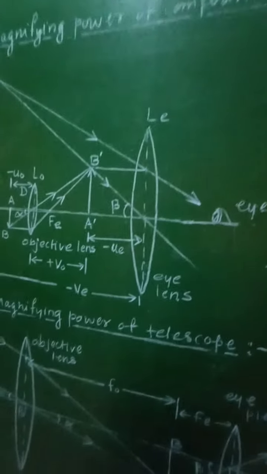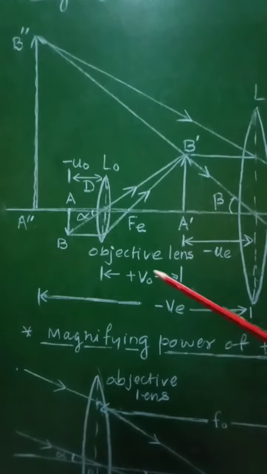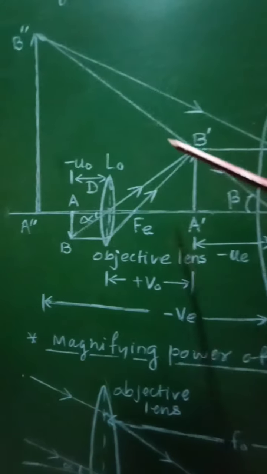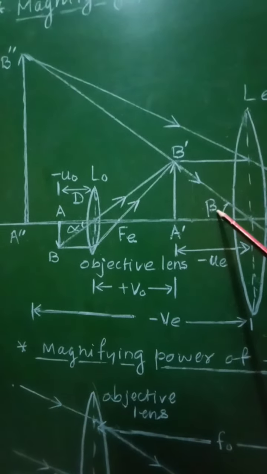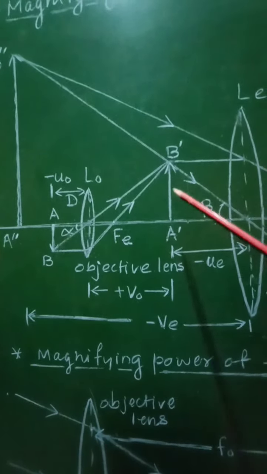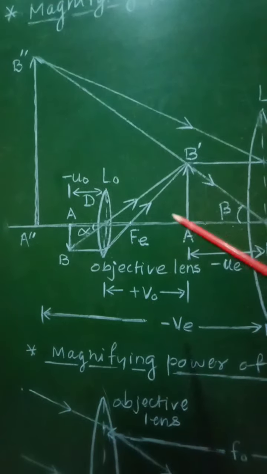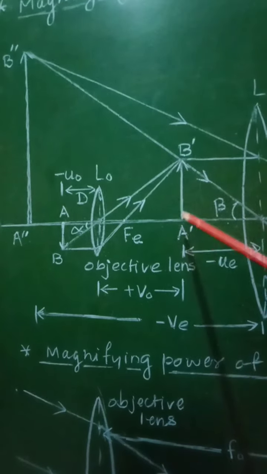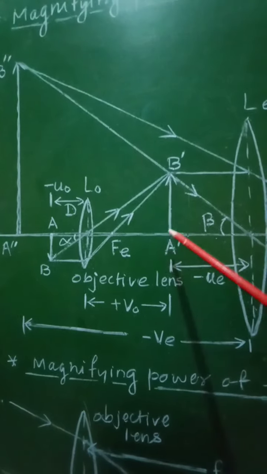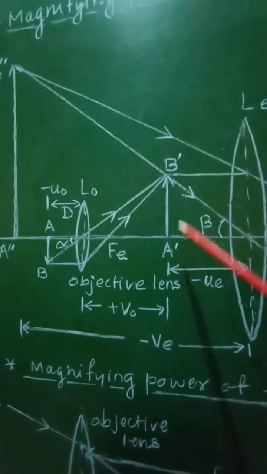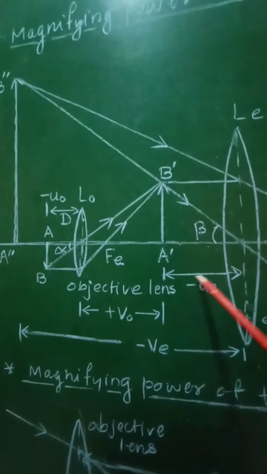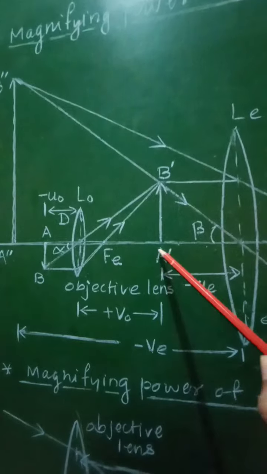if you consider tan alpha and tan beta, so tan beta will be equal to, from this right angle triangle, this angle is beta, tan will be equal to opposite upon adjacent, and therefore instead of A double dash B double dash we will consider A dash B dash as the opposite side, so that for this beta it will be A dash B dash upon this distance UE, that is the adjacent side.